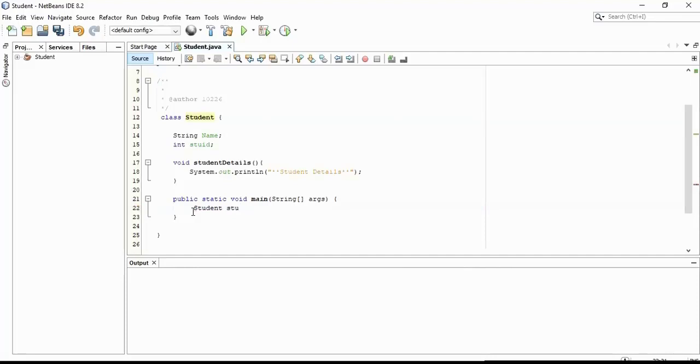Let me say stu, followed by equals new. So what is the use of this new keyword? This new is a keyword. This new keyword will allocate the memory for the object that we are creating here. So the use of this new keyword is to create the memory for the object that we are creating here